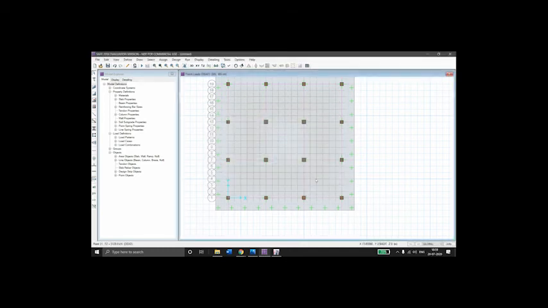So dead and live load to all the columns have been assigned.